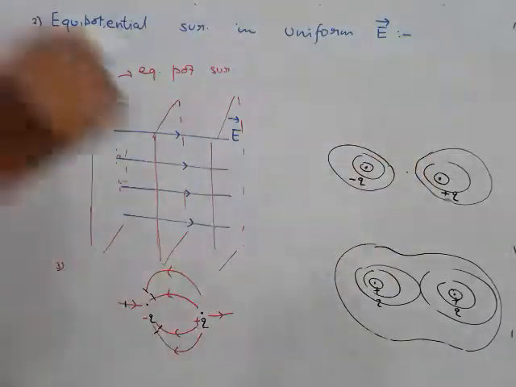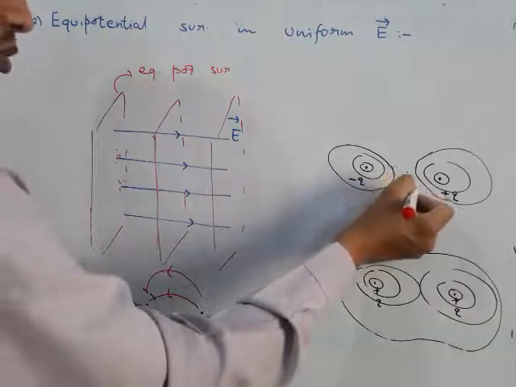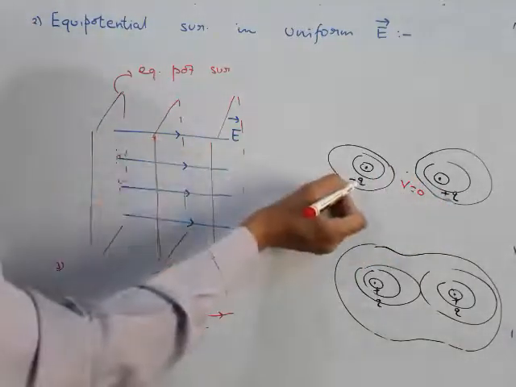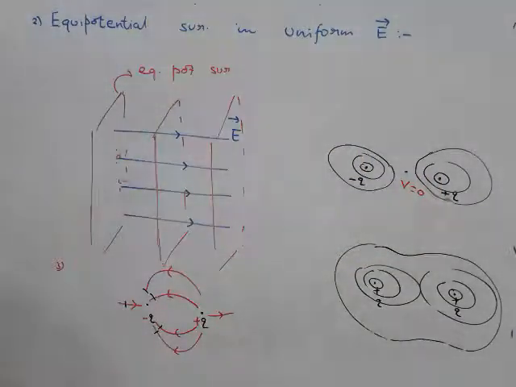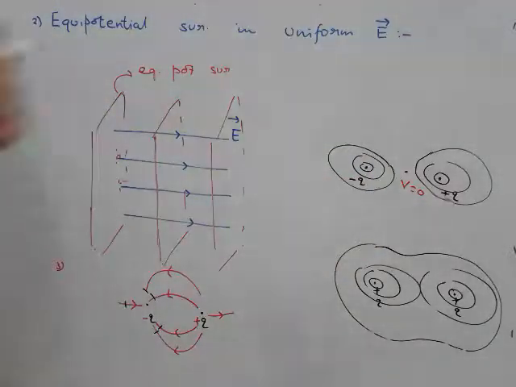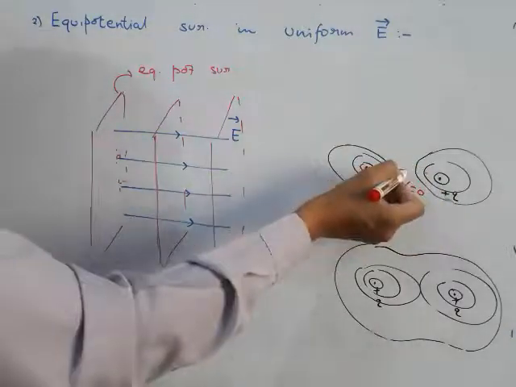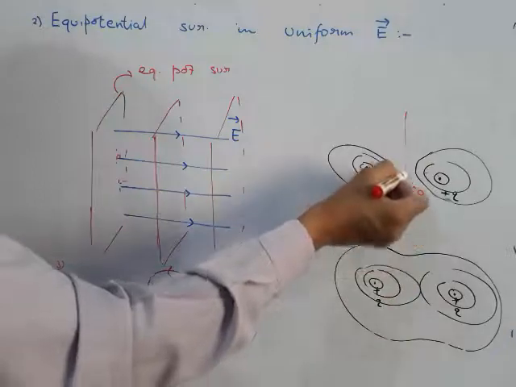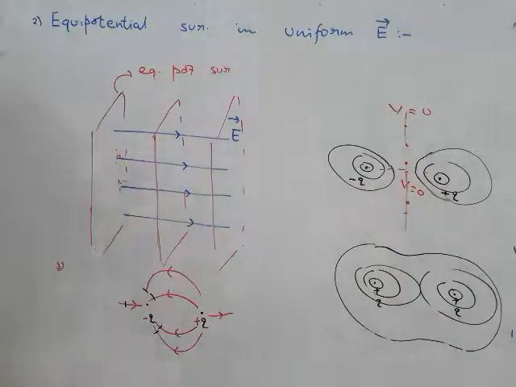At this particular point, the midpoint of this dipole, if I ask you what is the value of potential, what will be your answer? Yes, it has to be 0. Why 0? This is a negative charge, this is a positive charge. They will have values of potential which will be opposite in sign. It will be 0. Is there any other point where the potential will be 0? Yes, if you join the line joining the two charges, and draw its perpendicular bisector, all these points will have potential equal to 0.